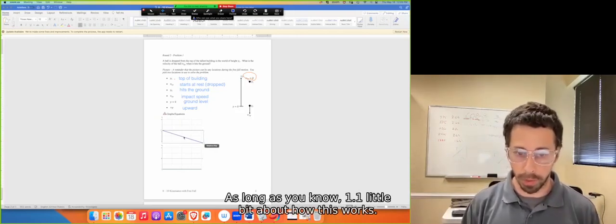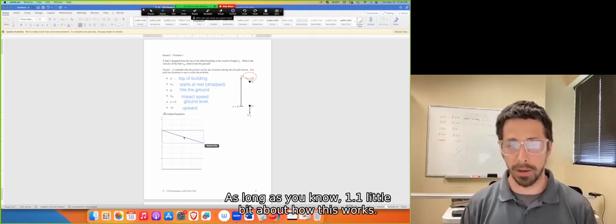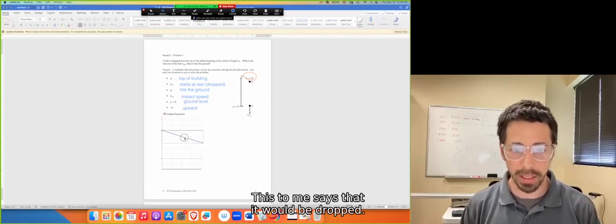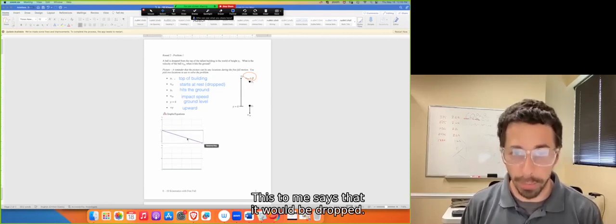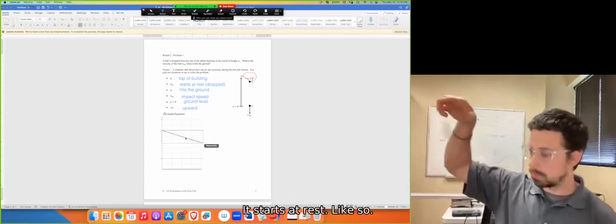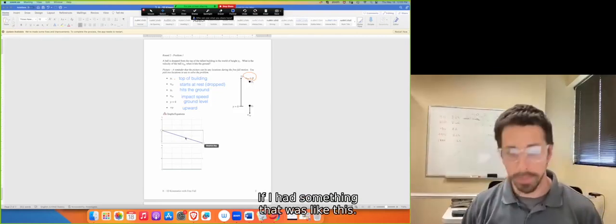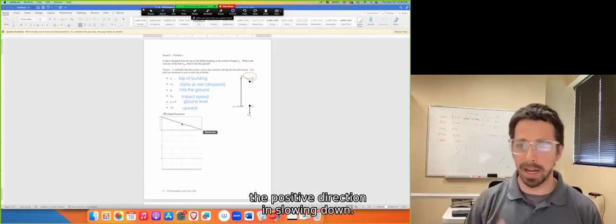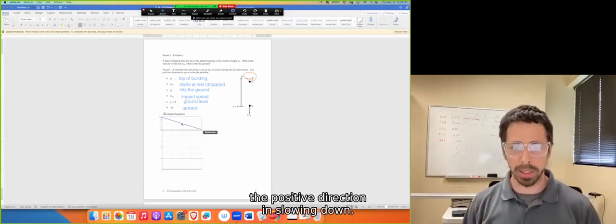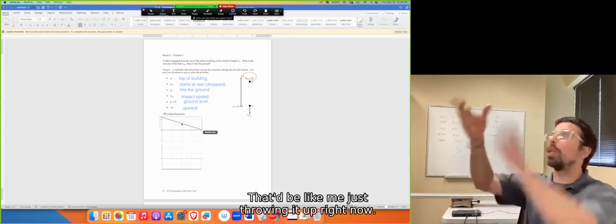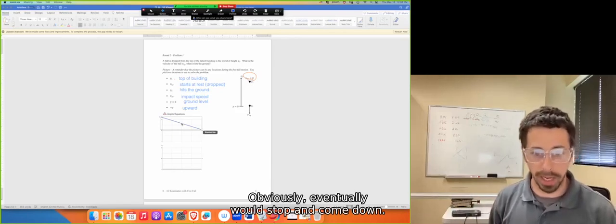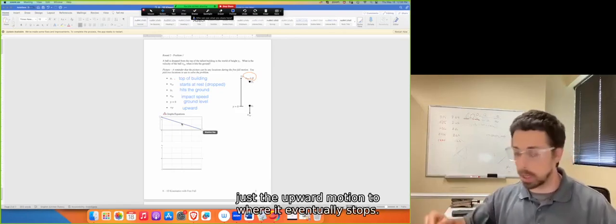As long as you know one little bit about how this works. Now, each of these has a little bit of a different meaning, right? This to me says that it would be dropped, starts at rest, like so. Okay. If I had something like this, that means it's moving in the positive direction and slowing down. That would be like me just throwing it up, right? Now, obviously, eventually it would stop and come down, but this is what we'd be looking at, just the upward